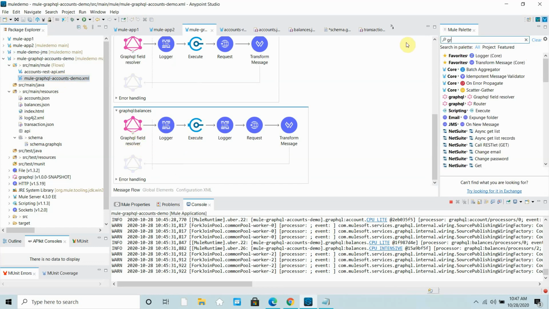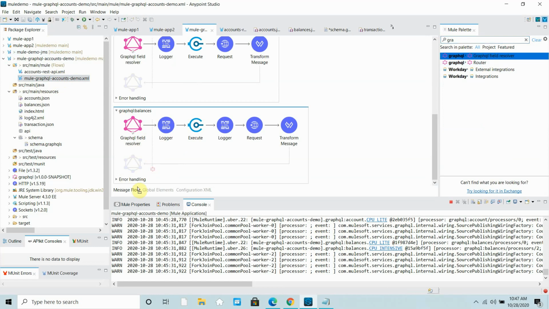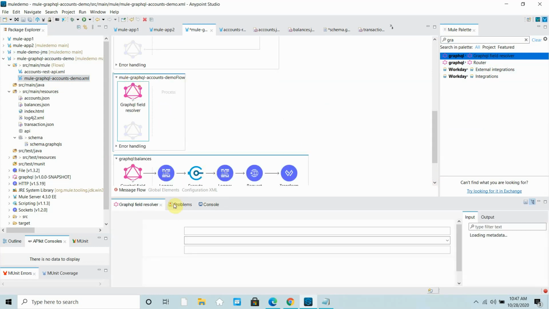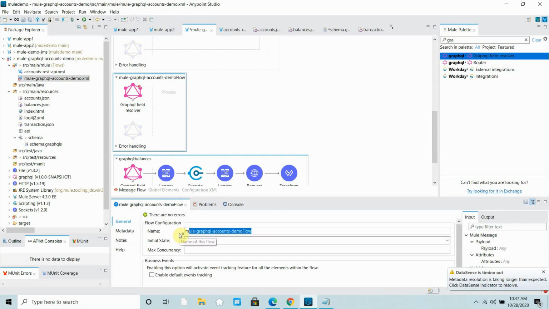So simply I will call a GraphQL field resolver. You can define it anywhere. The first thing I will always do is give a better name to my flow, so it can be GraphQL transaction.